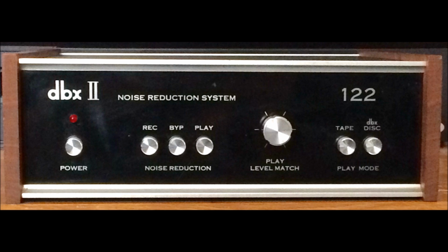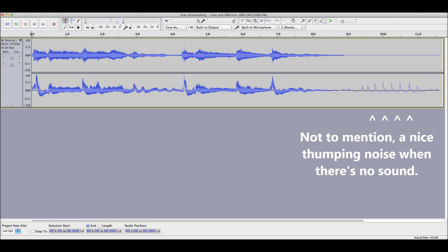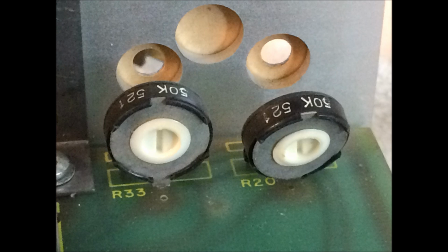Prior to this episode, I'd already found a DBX 122 unit. I'd imagine it dates to about 1979. Anyway, despite everything looking good about this unit, it has one major fault. The right channel is constantly overdriven, and not by choice. In other words, the right channel is always way too hot, to the point of serious distortion, no matter how low the sound level. Figuring someone had screwed around with the thing, I opened the unit up to look for